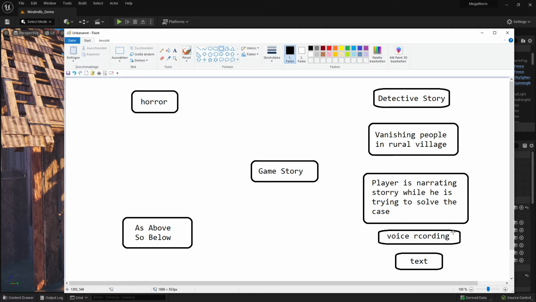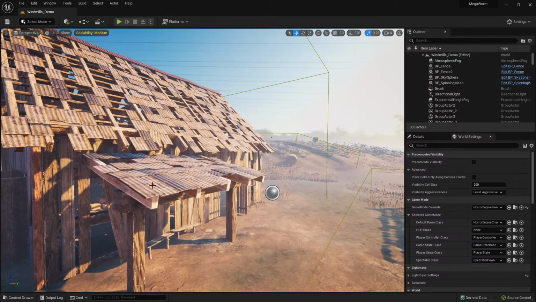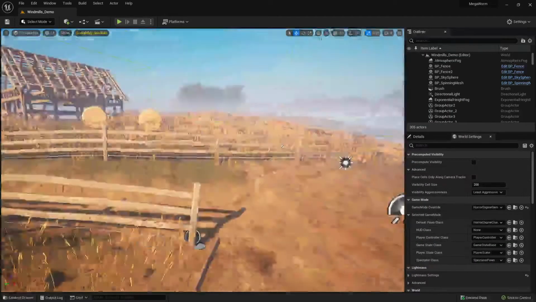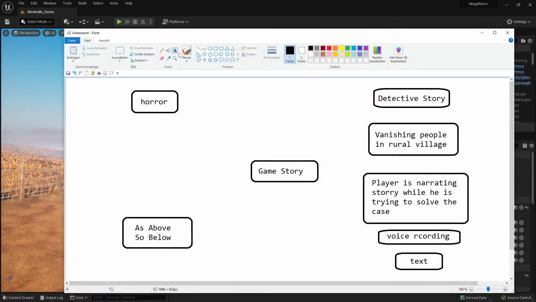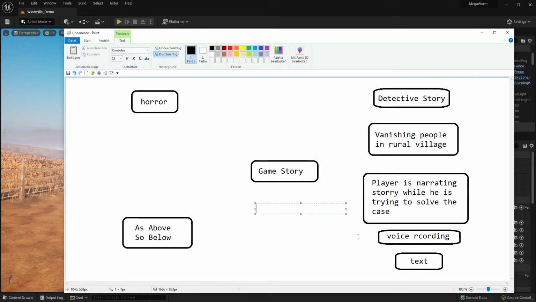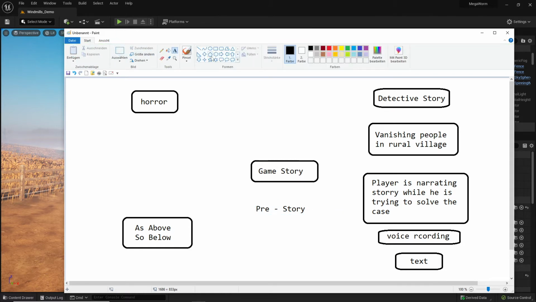Let's call it a pre-story, the pre-story before we jump into this level. And this pre-story must, of course, still be defined. So this is still the job, but I will not do it now because I need a little bit more time for the pre-story,